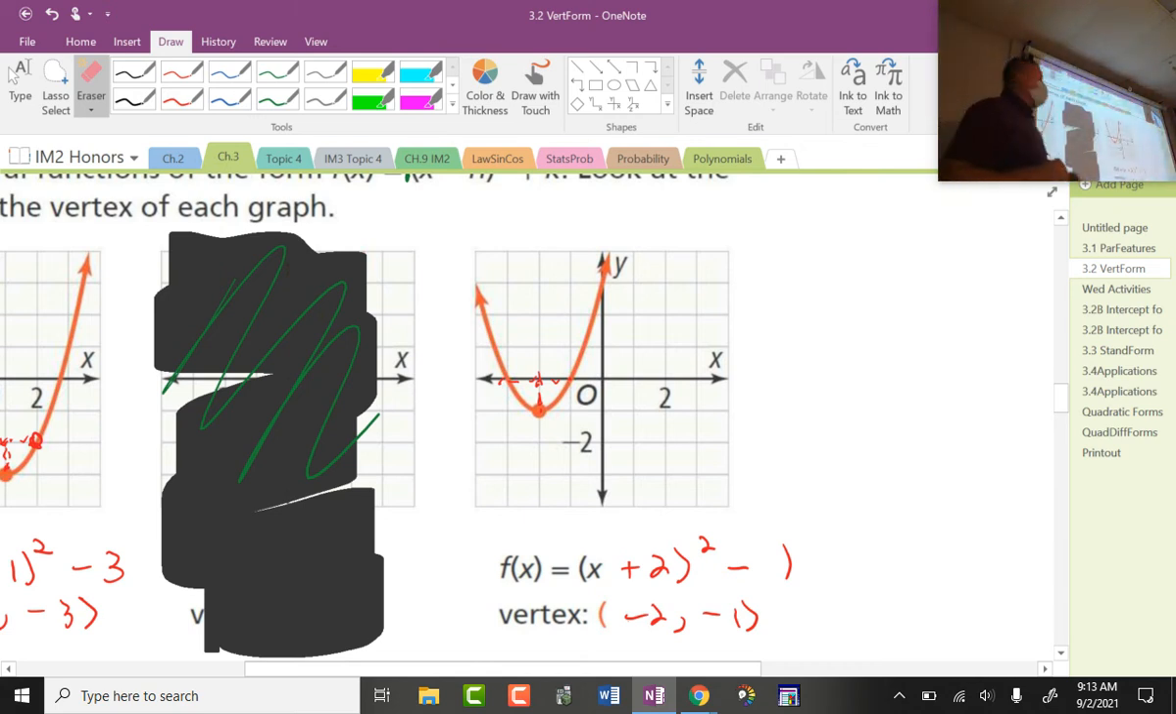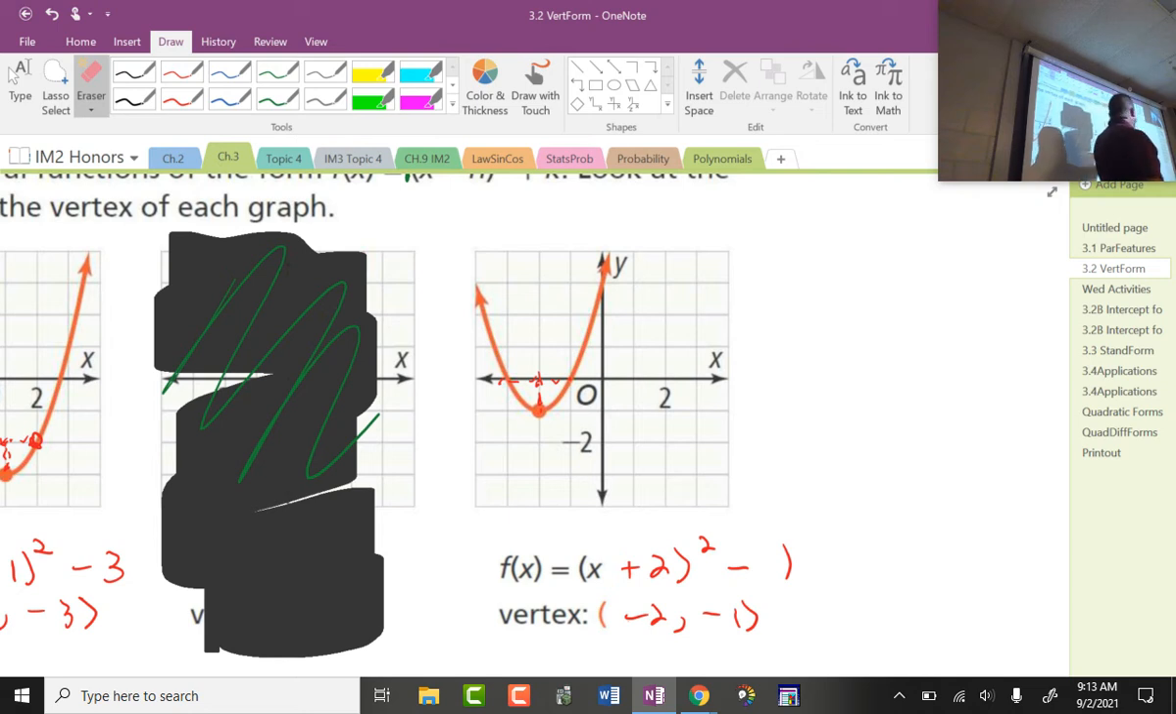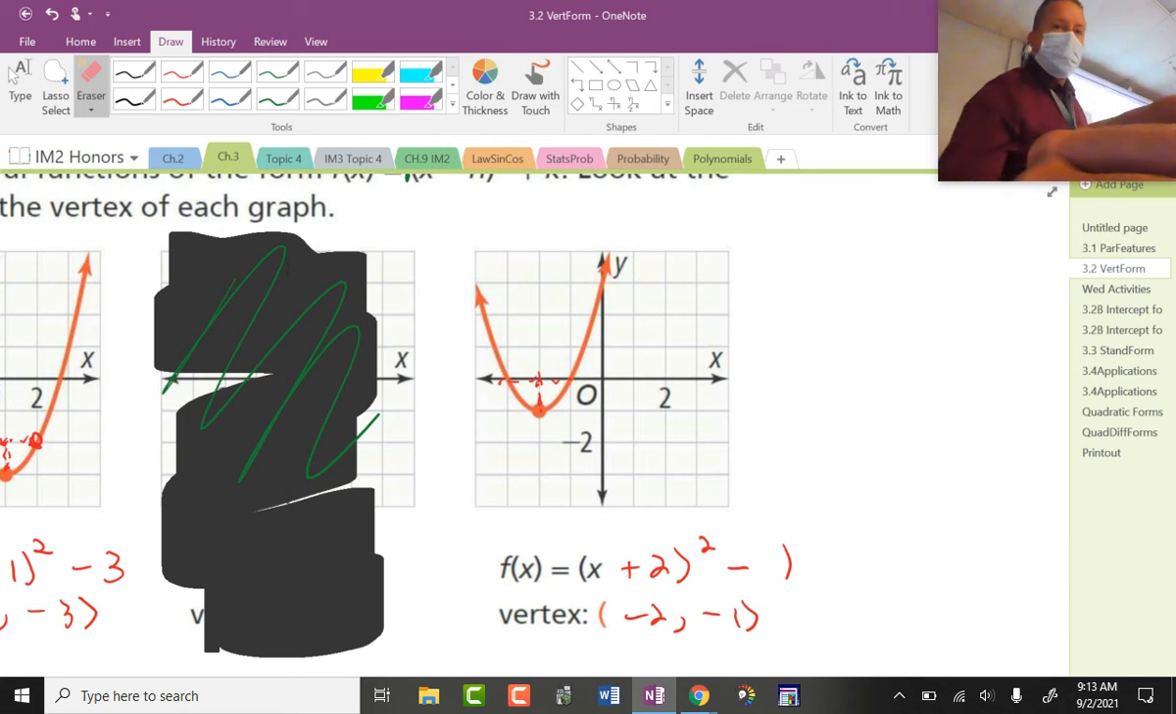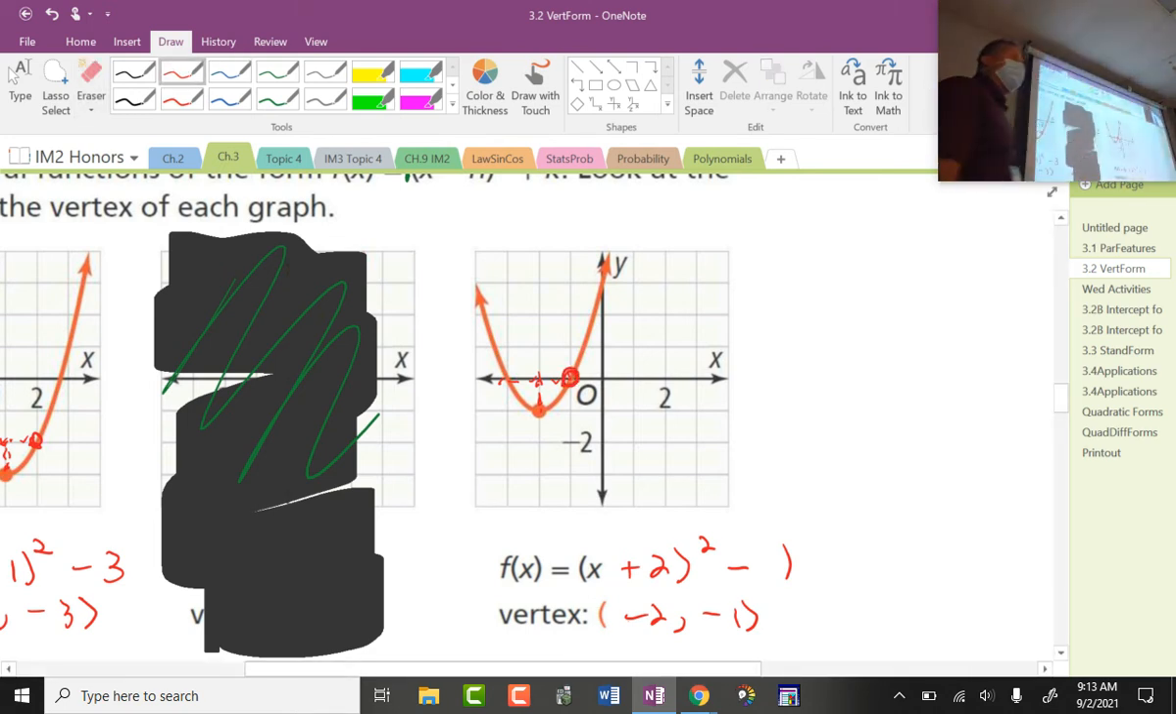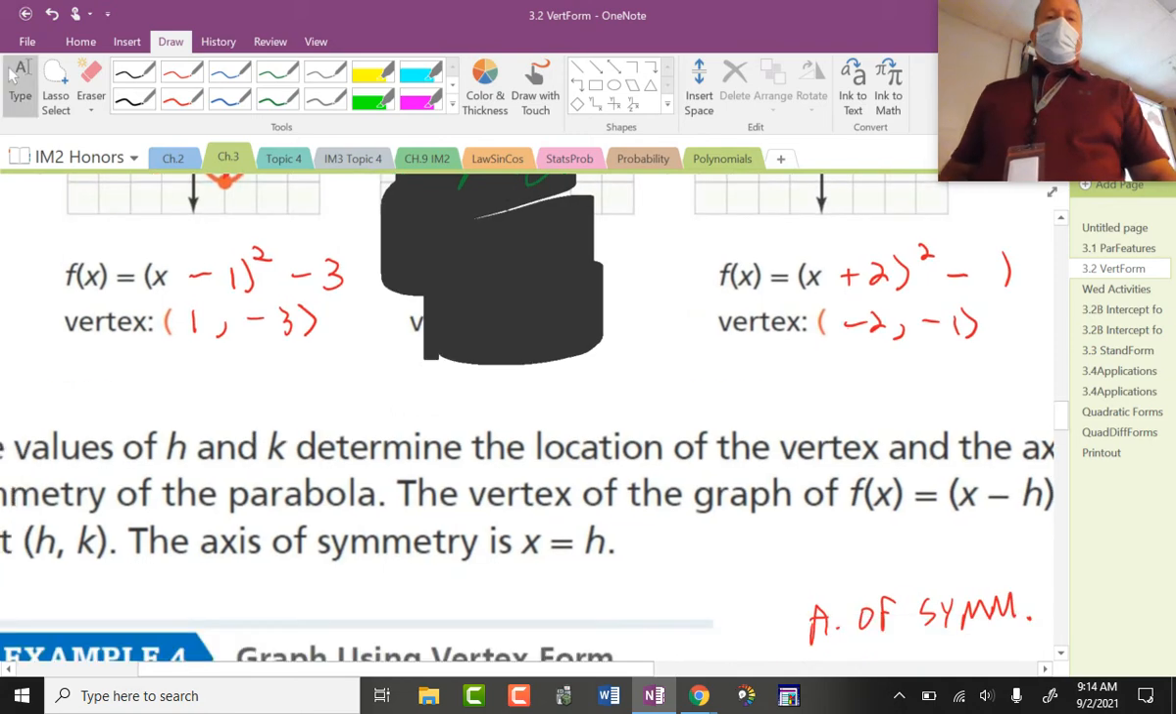And then just checking real quick. Hey, I should get negative 1 comma 0. And that proves that this is 1 out in front. Negative 1 plus 2 is 1. 1 squared is 1. 1 minus 1 is 0. So I just checked that this point does actually happen. So I should be good. Okay? So these are checking points to make sure that the equation you wrote is actually the equation that